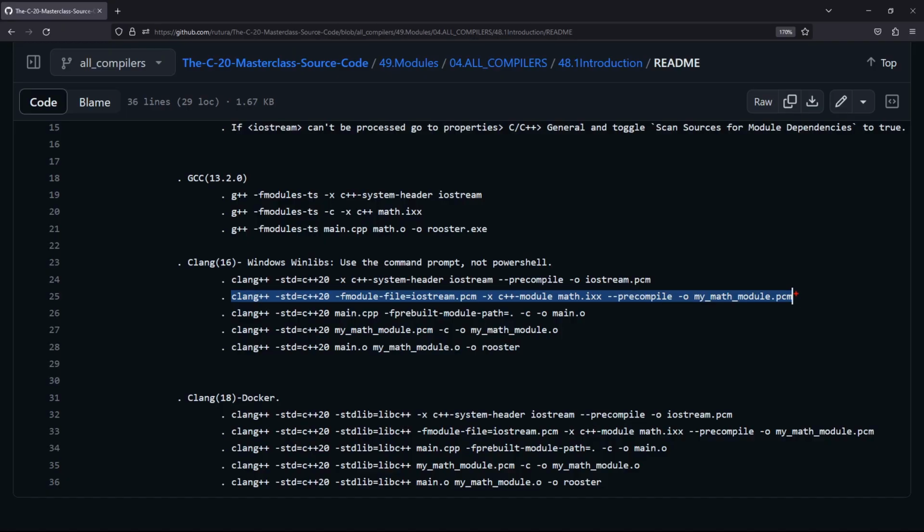Let's talk about the command a bit. Here you see that we are using C++20. We will tell it the location of the iostream BMI that we just compiled, and we will tell Clang to treat any ixx extension files as C++ modules. This is what this command here does. We will tell it to compile and output a file named